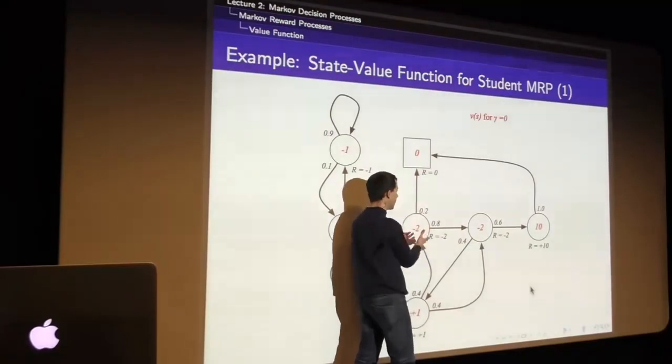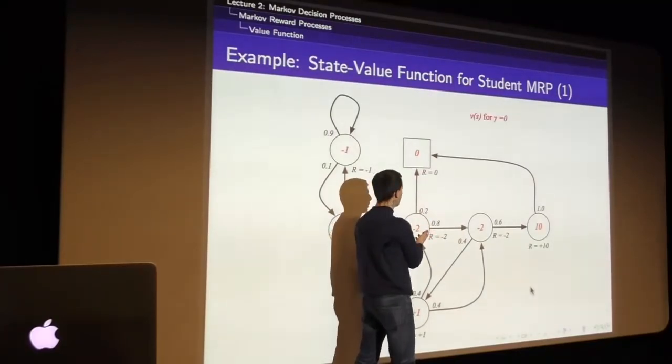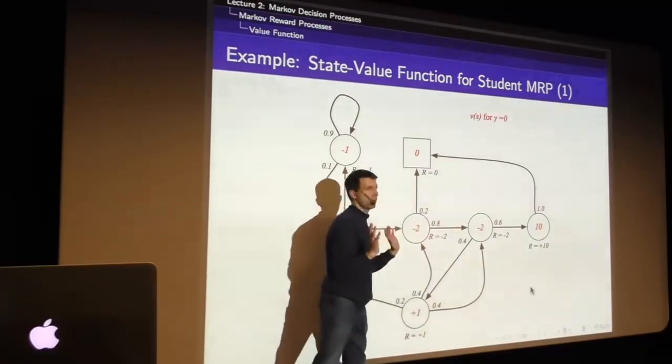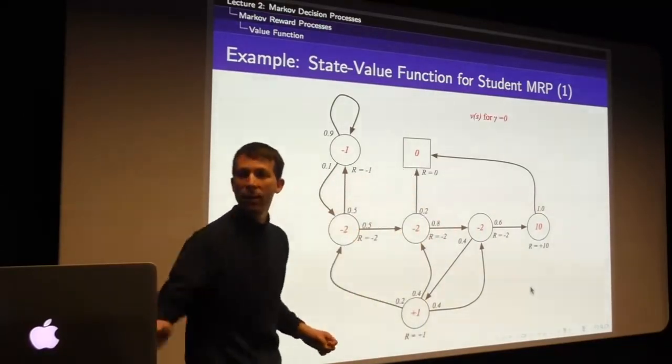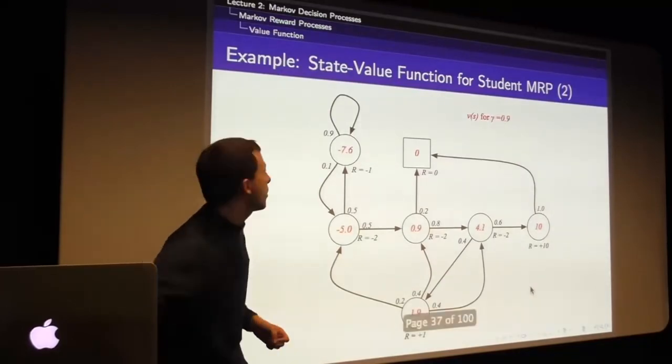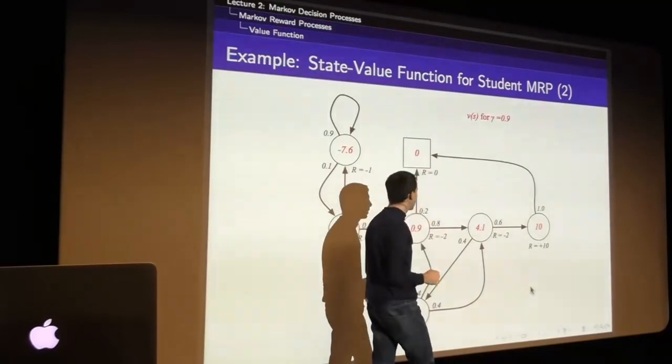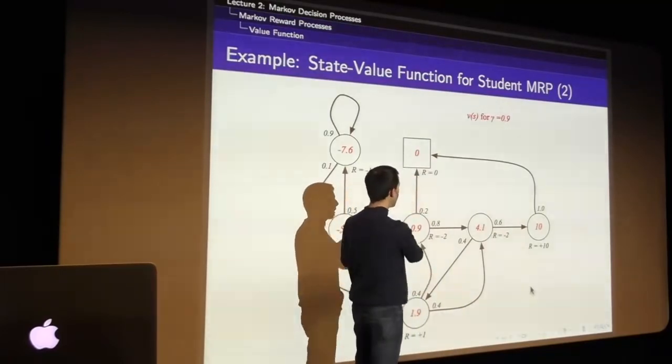So the value of being in this state is -2. That's what we're going to get. We're going to get -2 whether we go to sleep or whether we go this way. That's just the definition of it. However, if we look at a more long-sighted discount factor, so this is like 0.9 now, then the values all